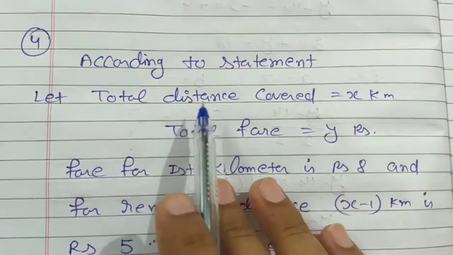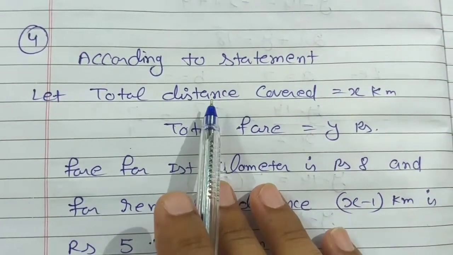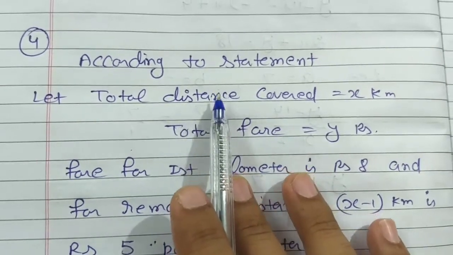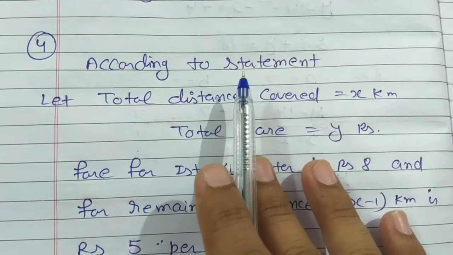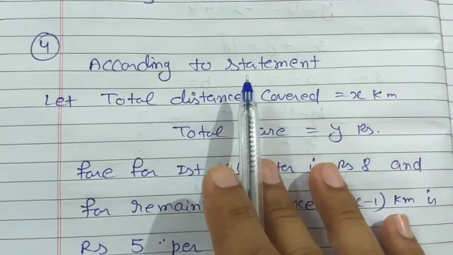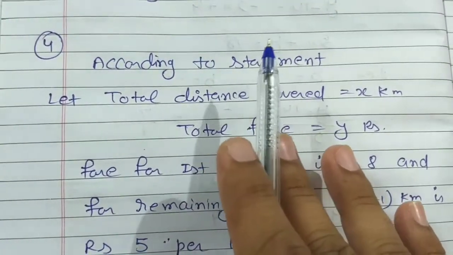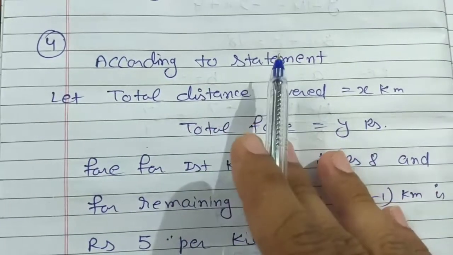Now we are moving to our next, fourth question. So our statement is that the taxi fare in a city is as follows: for the first kilometer the fare is ₹8, and for subsequent distance it is